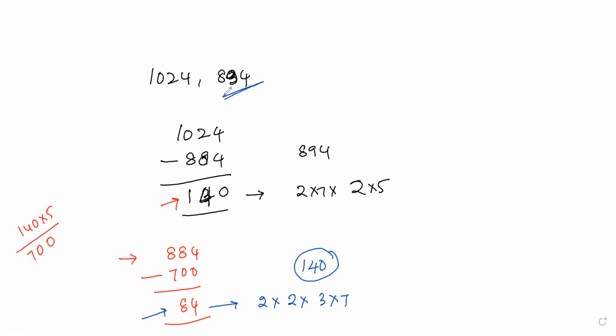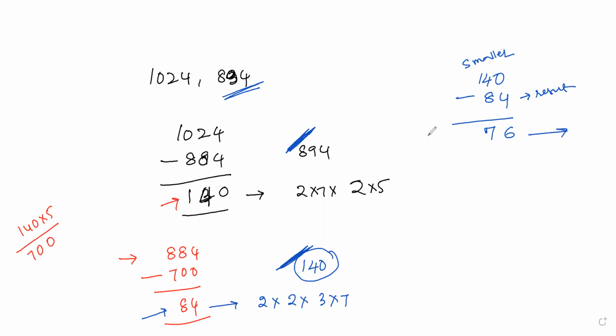In this step, it is the smaller number. In the second step, this is the smaller number. Whatever number you are writing, that will become the smaller number in every step. Minus result. This is the smaller number, and this is the result. So if you subtract 6, then you are getting 15, means 76 you got. And after that, you can do factorization and everything. So you will get the answer.